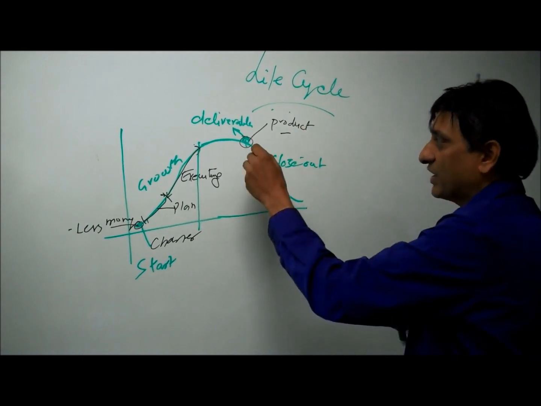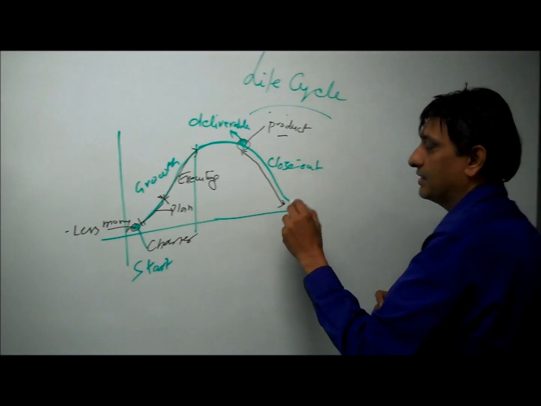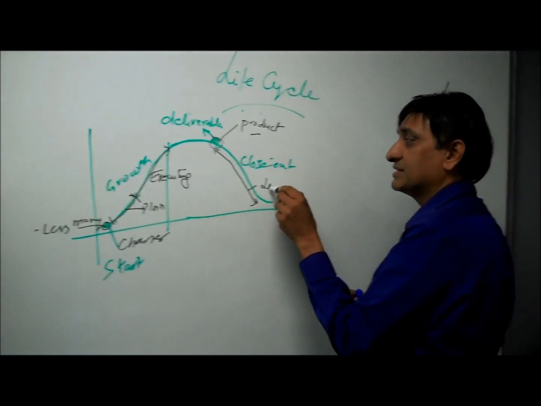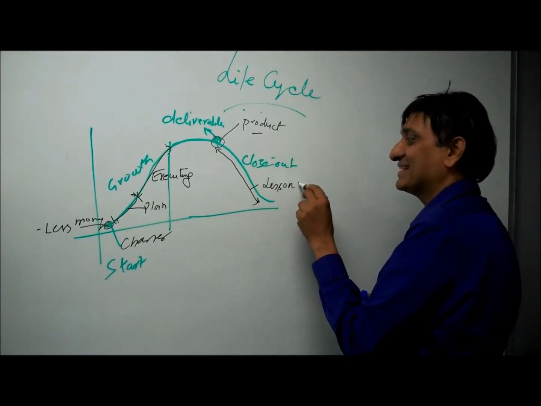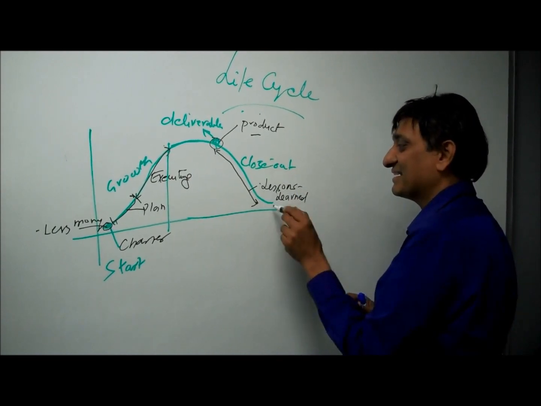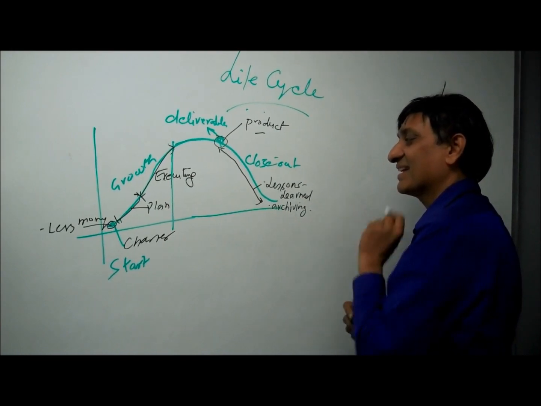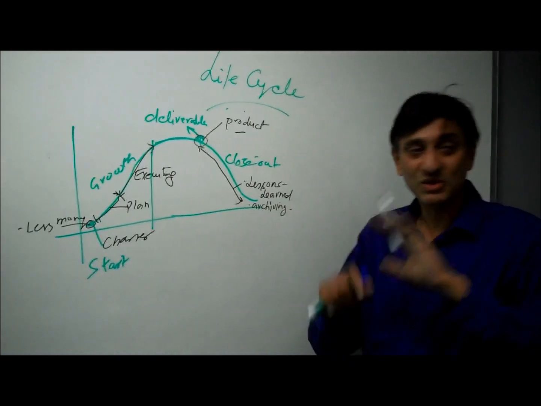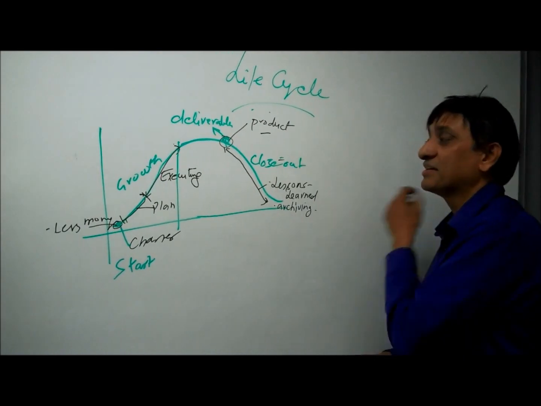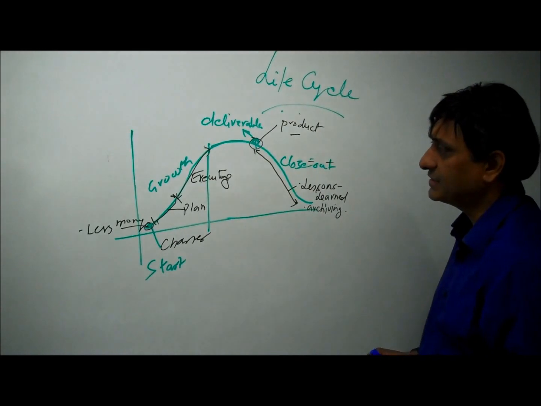Once you achieve that, you close out and say, okay, let's learn lessons from what we did: lessons learned, archiving, and then closing. If you have any contracts, you close that first before you close out the phase, or you move from one phase to the other. So that is how, friends, the project works.